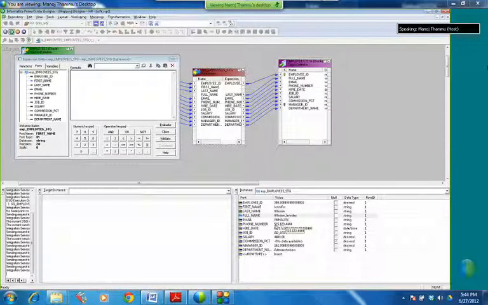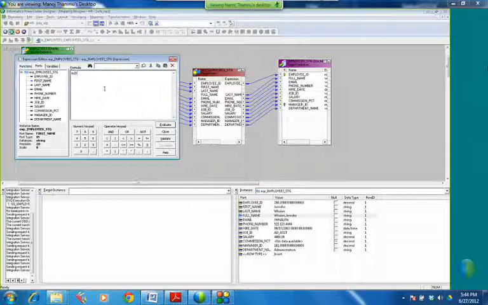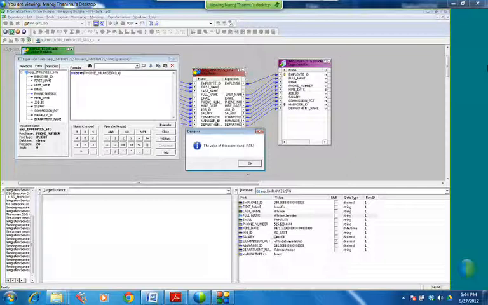For that, see, for example, if I want to cut 515 dot from this phone number, I will use substring. What do you want to substring? Phone number. From which position you want to substring? From 0 position. To which position you want to substring? 4th position. So when I evaluate, it will get 515. So I can assign this 515 to another value. Understood, guys? Did you get my point?